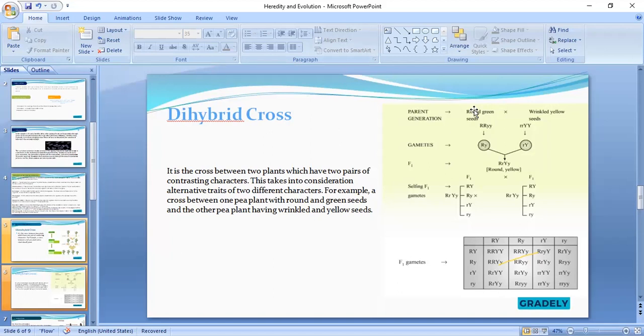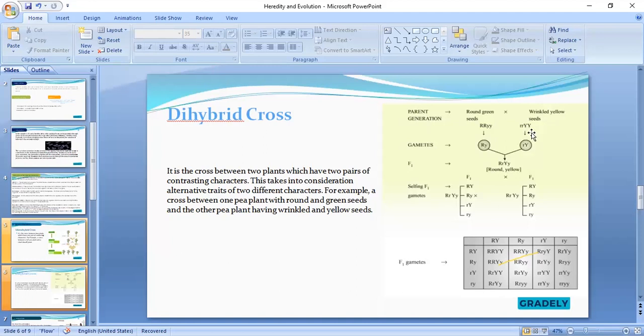So now let's look at these two different plants. Remember, in monohybrid, you're only looking at one character of a plant. Are you getting it? In a plant, you're looking at a tall plant and a short plant. Now here, we're looking at what? Different characters. Now we said we have round and green seeds. Round is dominant. Are you getting it? Now, wrinkled and yellow. Wrinkled is recessive, yellow is dominant.